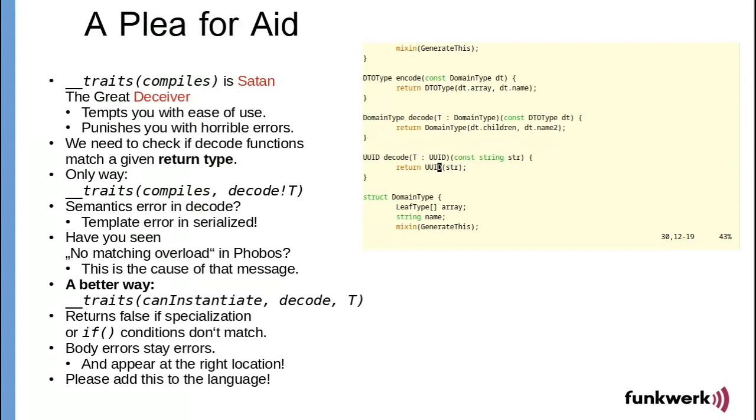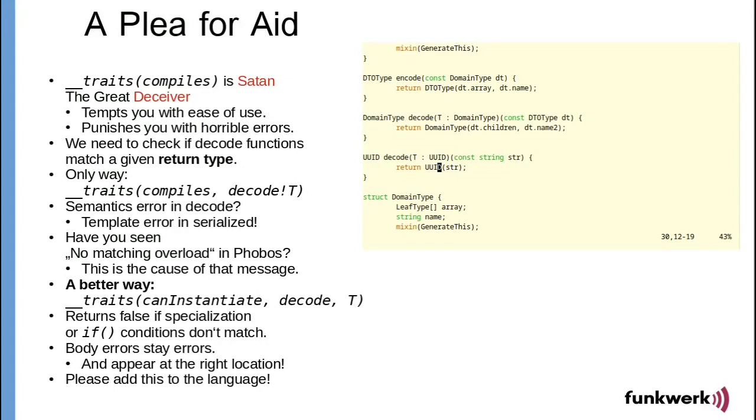So whereas traits compiles is effectively this horrible C++ thing is FINE. Substitution failure is not an error. This is actually a horrible thing to do, and substitution failure should absolutely be an error. And the only way to get there is to get this error to appear at the point where we want it to. And you may think this is optional, that this is a nice to have, but it is actually essential, because